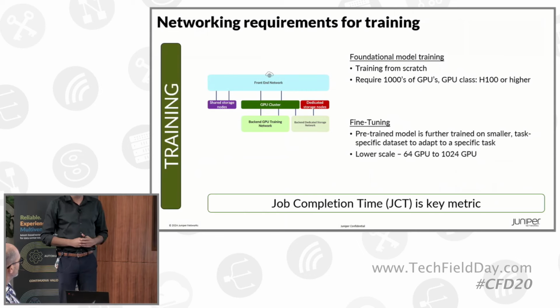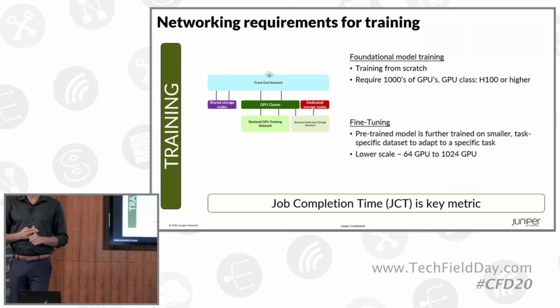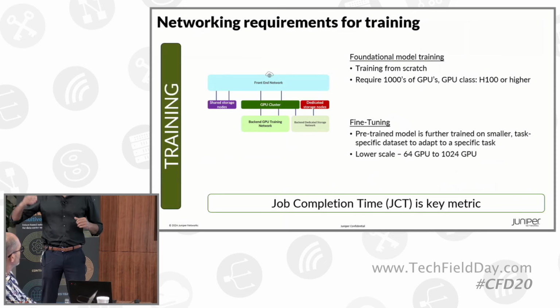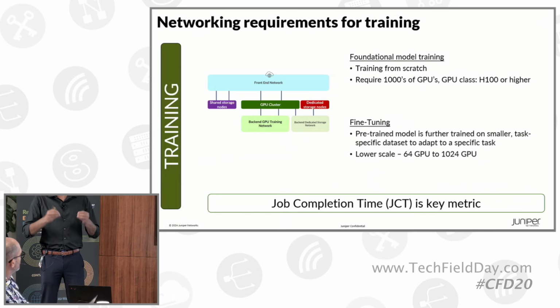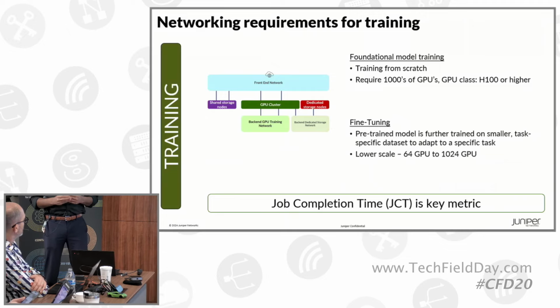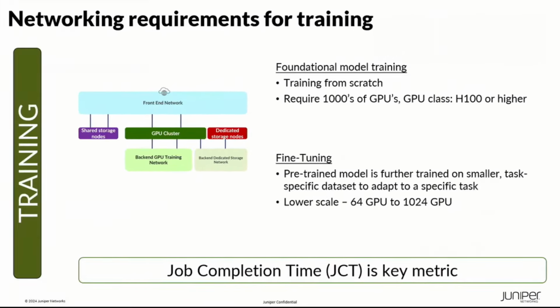starting with training. Training can be foundational model training, which is really training a model from scratch. Examples of this would be GPT-3, GPT-4, Llama 2, Llama 3, where you're taking an uninitialized model and training its weights and biases based on the data that has been fed to it. Foundational model training can require thousands and thousands of GPUs, probably the highest class of GPU that is possibly out there,